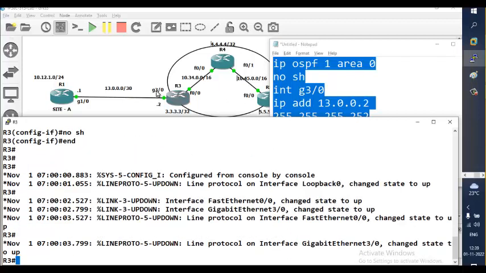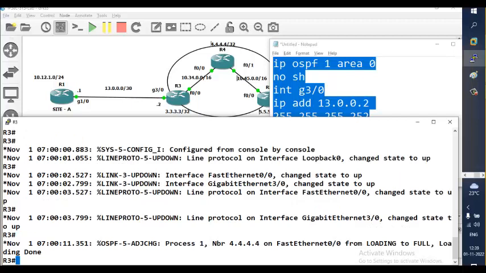G3 is there, no? Router 3, you see? Okay. Now you see, we got the neighbor. We got the neighbor with router 4. Now, one last router,